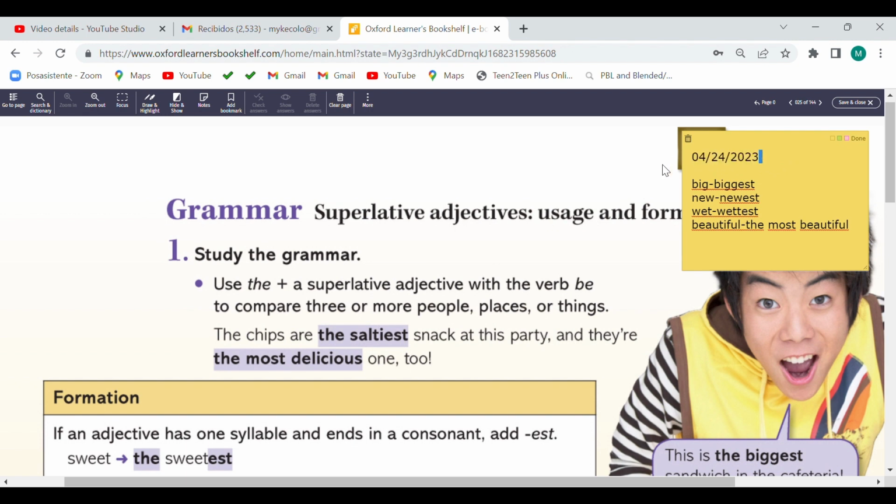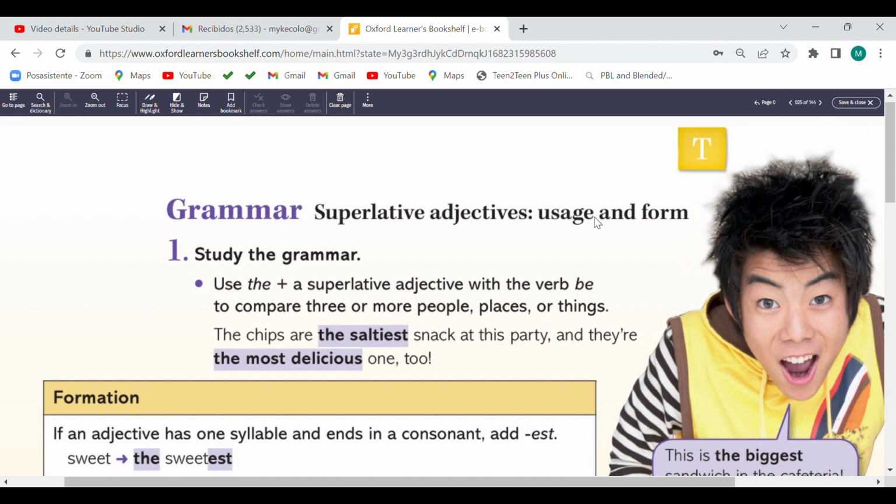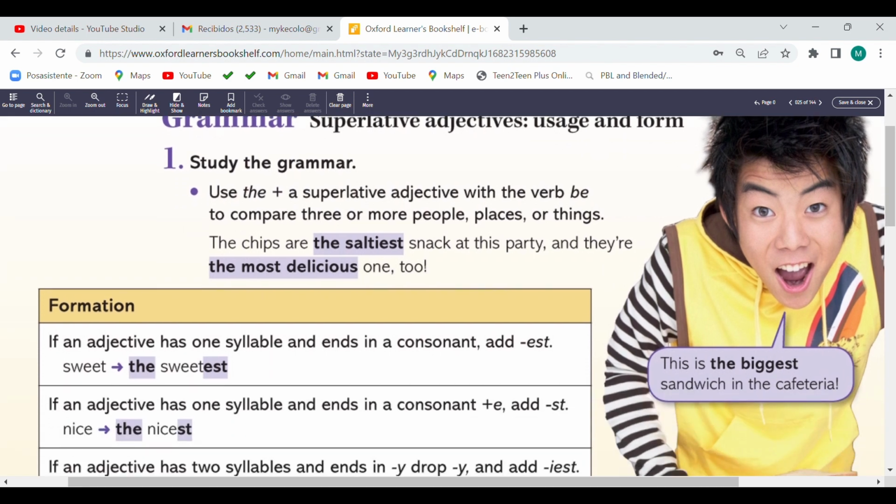Superlative adjectives. Grammar. Usage and form. Let's see the use and the form. Study the grammar.